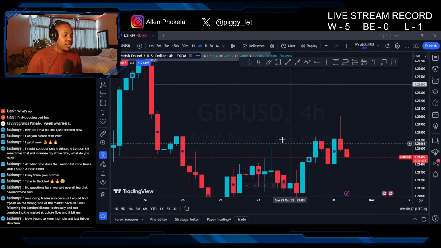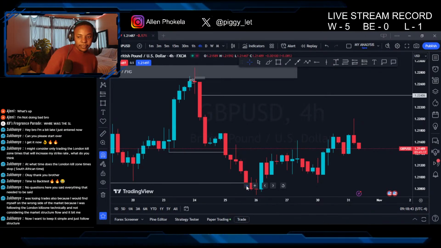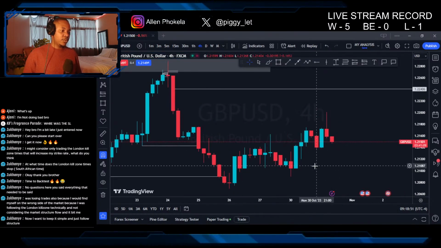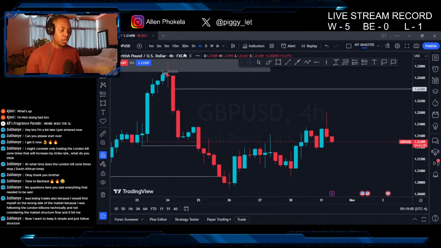It's always important to get directional bias, you know. Now you just want to keep it simple and follow the structure. Just keep it simple, man, and follow what the market tells you. Because like I said, if you master the London session, the New York session won't be a problem, because the London session is where you get your high of the day or the low of the day. Once you can find the low of the day during the London session, you know where we're going with the New York session. For the rest of the day, you know exactly where the market is going. So once you learn how to do that,